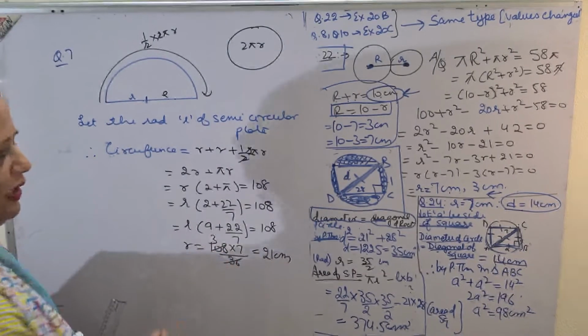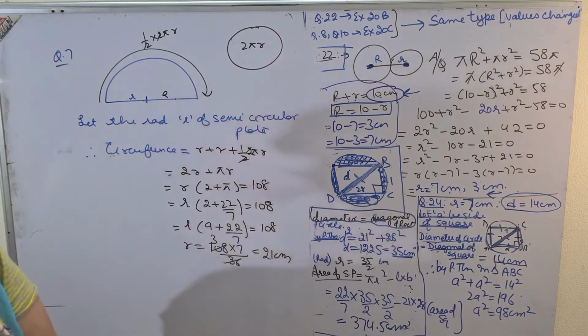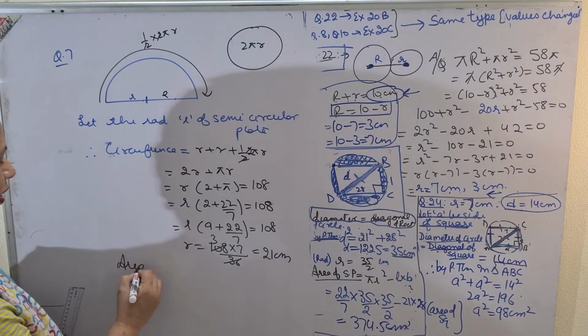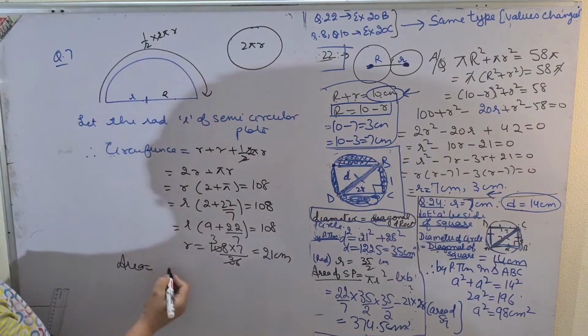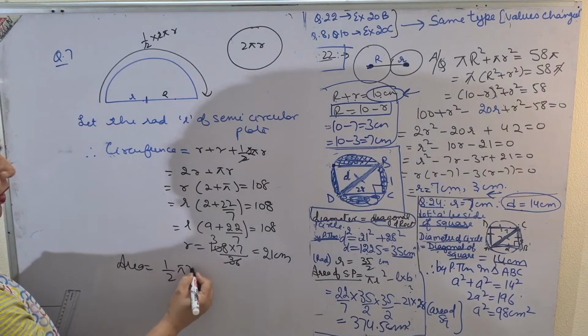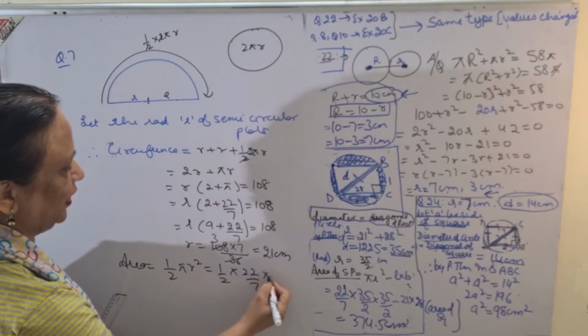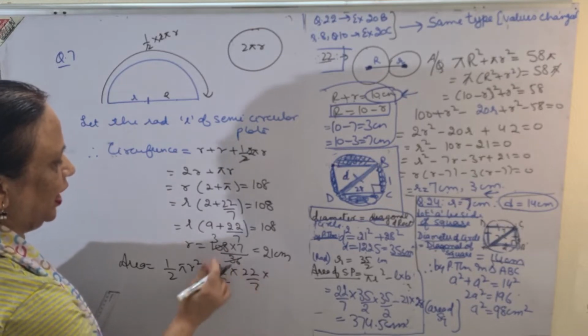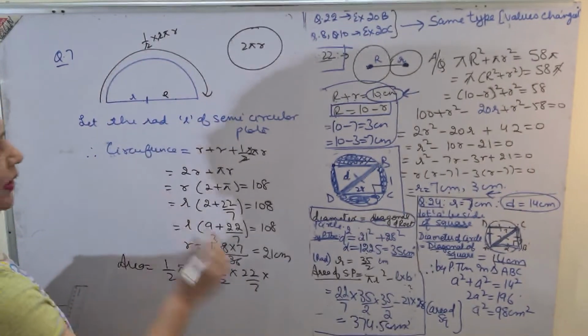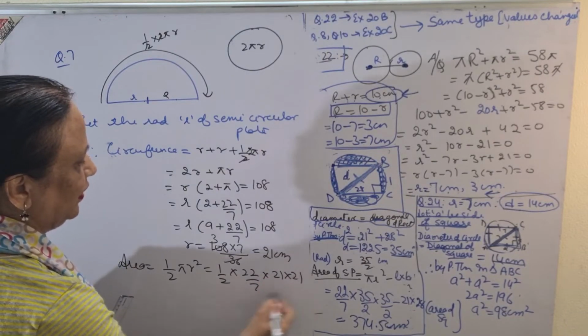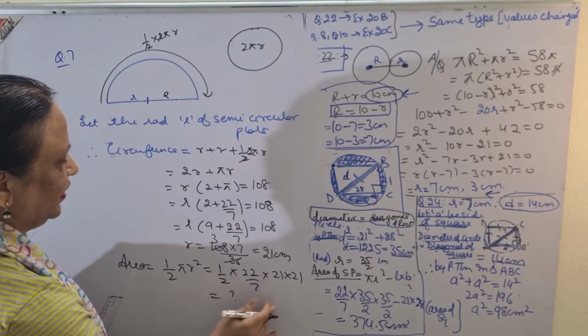21 centimeter. So they have asked you to find the area of this semicircular plate. So children, you know the formula for area. Since it is a semicircular plate, it is half of pi r square, so do the needful. Half into 22 upon 7 into 21 into 21; I took half because it was a semicircular plate. Please carry on further.